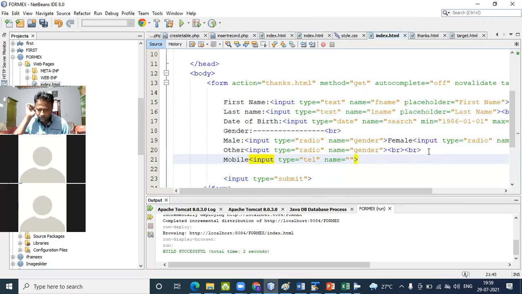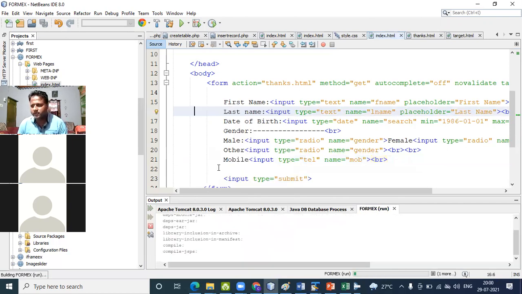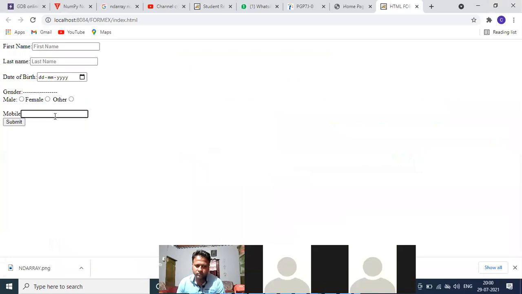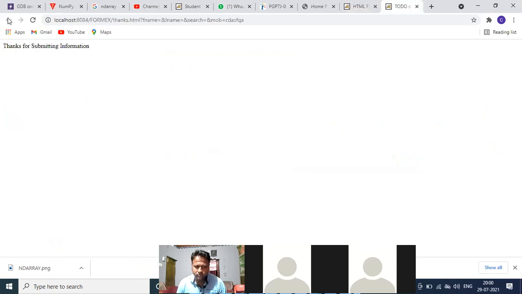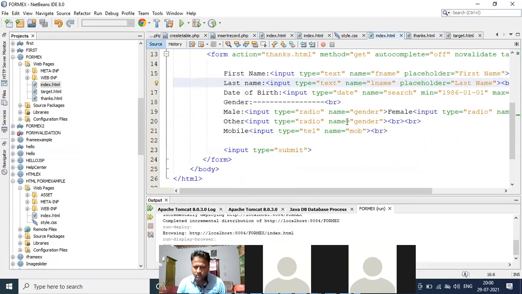Name is equals to mobile. So it is also having a particular field. Telephone means it is accepting a telephone number. Okay. Mobile phone.